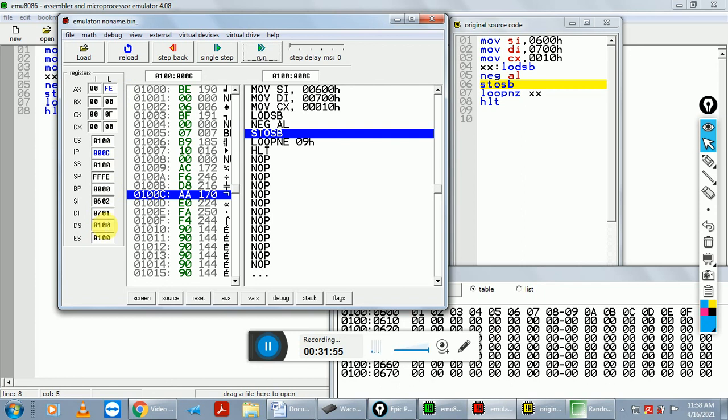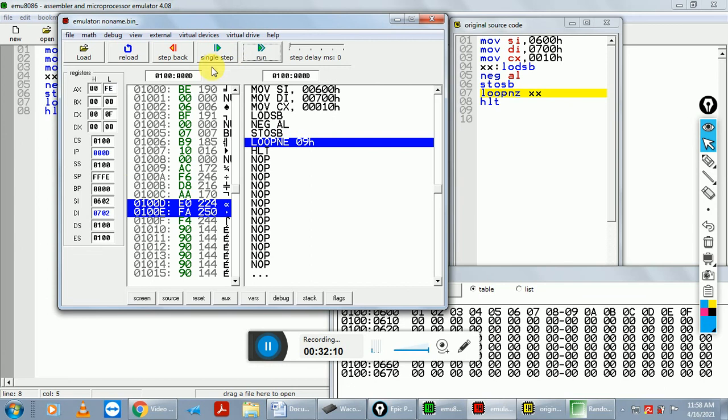The content of AL is stored at this address, and the destination index address is increased by 1 after the execution of this instruction. The value of DI is 0702, and next instruction is LOOPNZ.